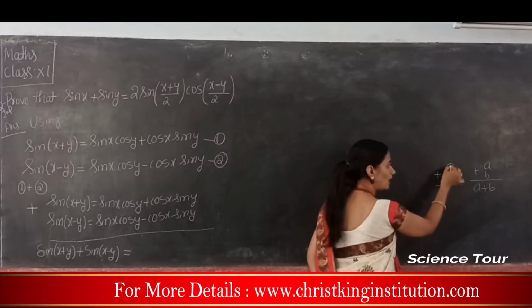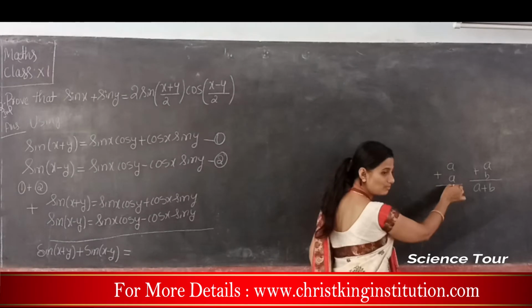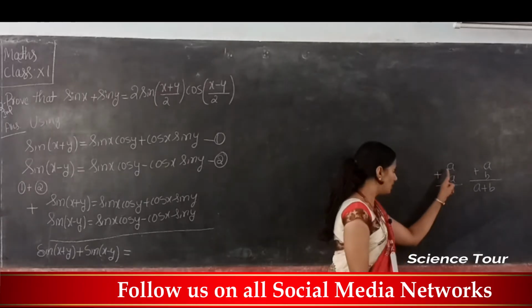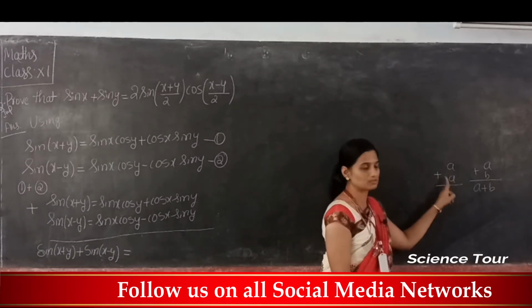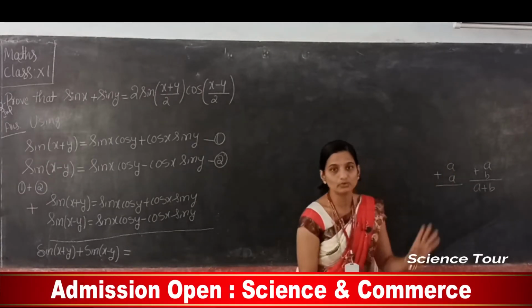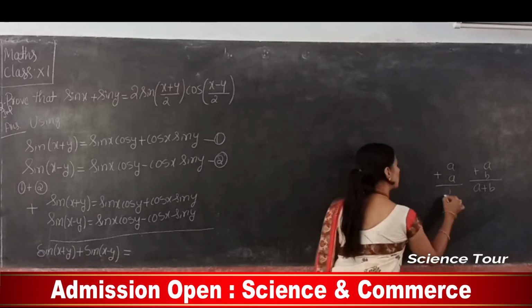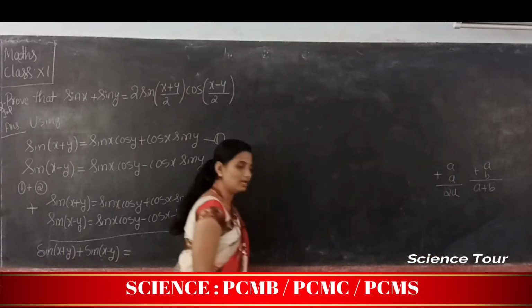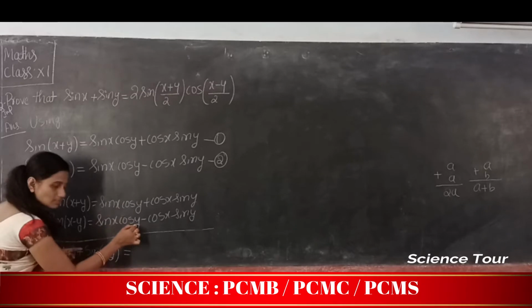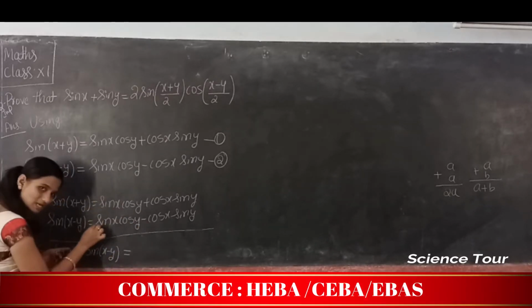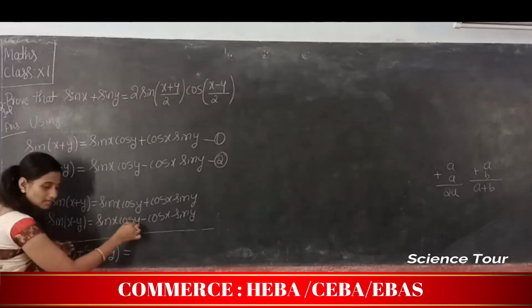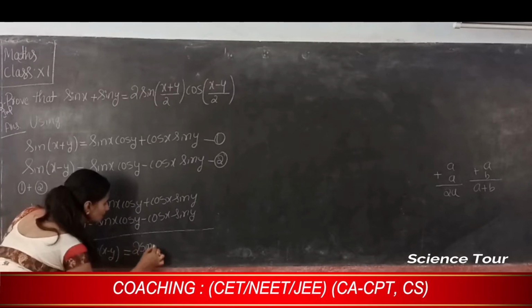Now next, can you add these two? Yes, because these are similar terms. Now next, addition or subtraction, how to see? That depends on the sign. See here, the sign is plus and the sign is plus, which means both are the same sign. If it is the same sign, then we add those two numbers. So a plus a is what? It comes as 2a and the sign is plus. Now in this, sin x cos y and sin x cos y are the same and the sign is the same, that is plus. So addition, how much is it? Sin x cos y plus sin x cos y is 2 sin x cos y.